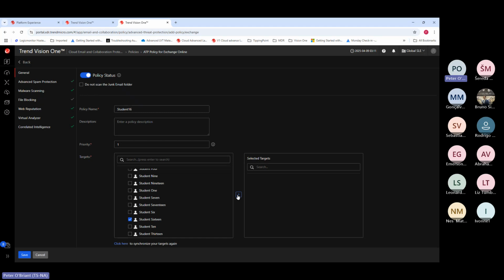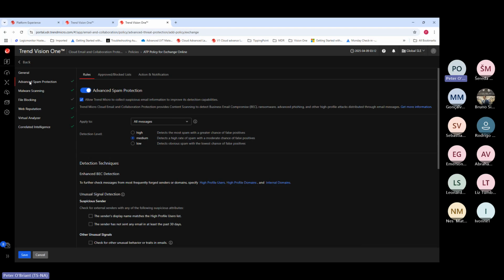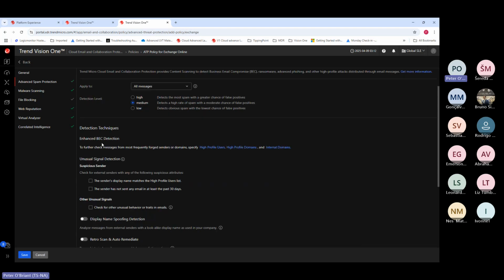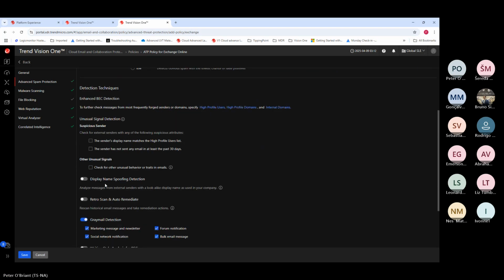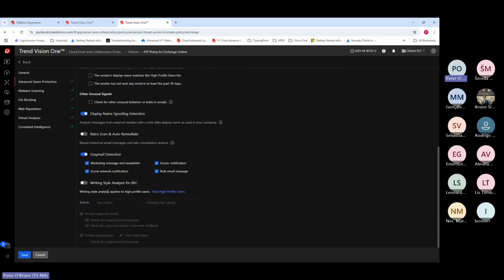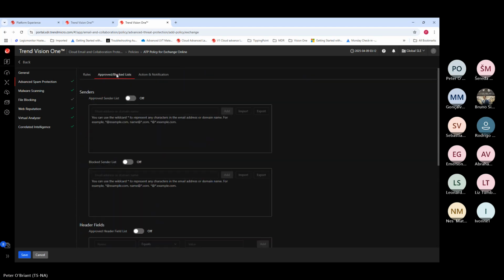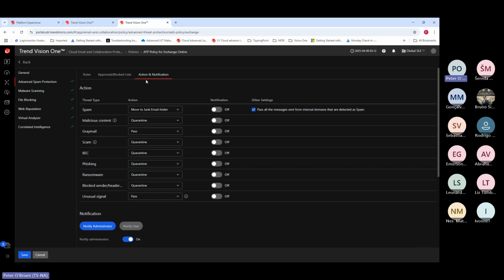A good idea to choose that one. To change any of the parameters, good, advanced spam protection. Do that. Good. Enable display name spoofing detection. There's that writing style analysis. Lock. And for actions,